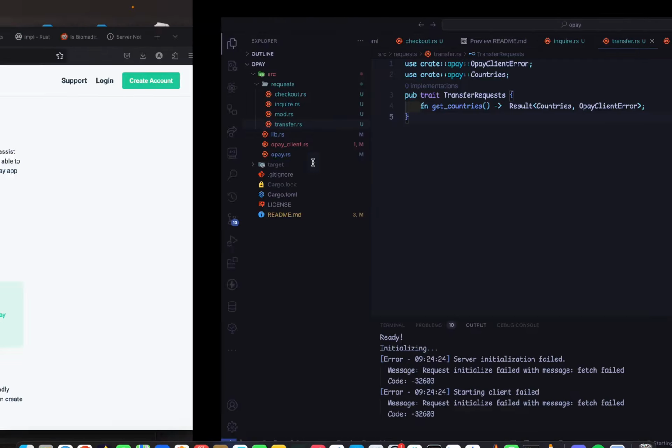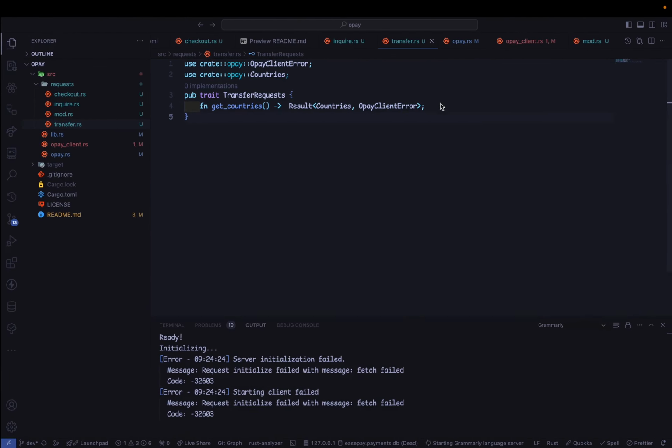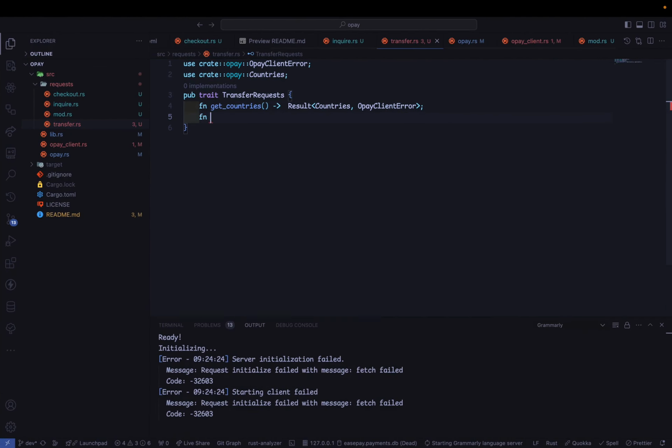Alright, so there you have it. Then I can do get the bank list. So it goes on like that, and this is going to be a result type too, and I can do bank list